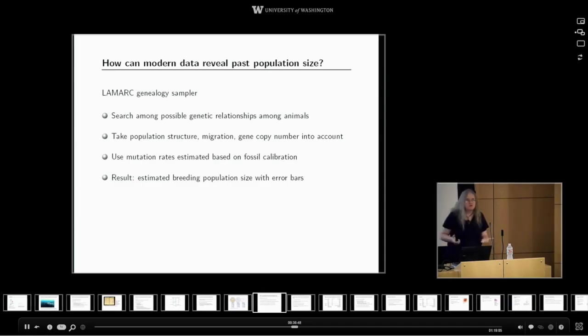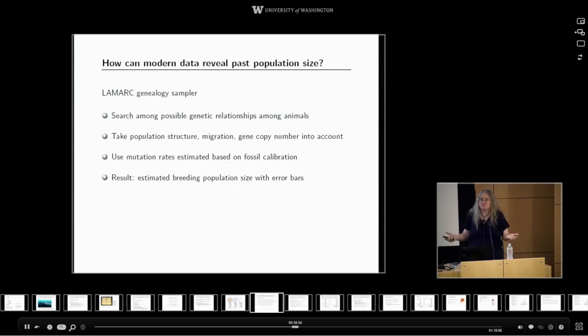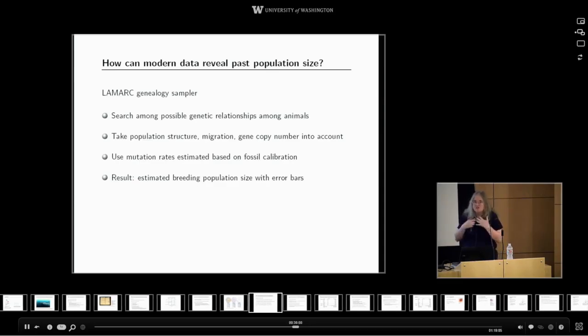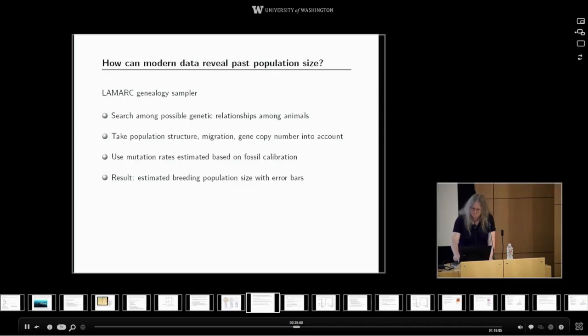Error bars are critical here also. I'm not going to be able to say to the California legislature, well, I think there should be 100,000 whales plus or minus 90,000. That's not going to be of any use to them in making policy. And if that's all the genetic data will tell me, I have to be scientifically honest and say the answer is we don't know how many whales there were, not in any useful level.